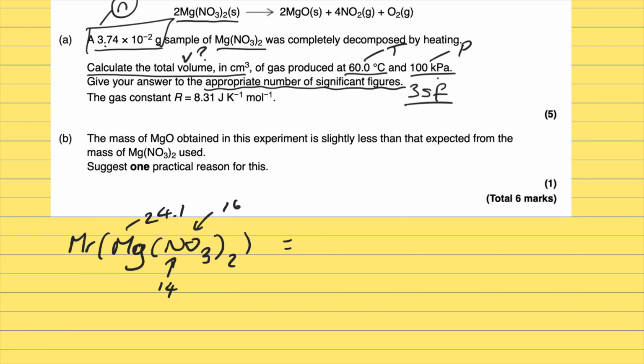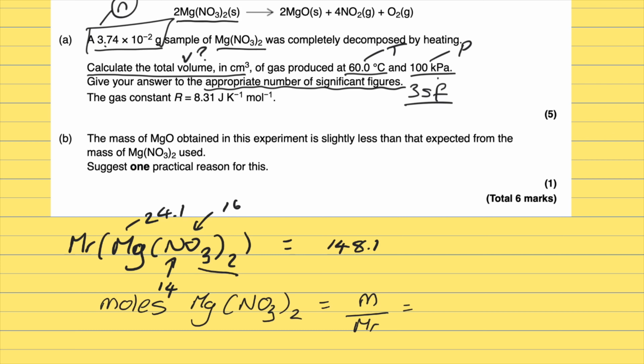We pull all of that into the formula, so it's 1 magnesium, it's 2 nitrogens, and it's 6 oxygens because of the 3 times 2, which gives us an MR of 148.1. So the second thing that we now need to do is work out the moles of MgNO3, which is mass over relative formula mass. So the mass they told us was 3.74 times 10 to the minus 2, which I've got from there,